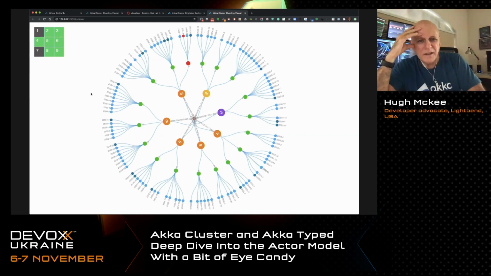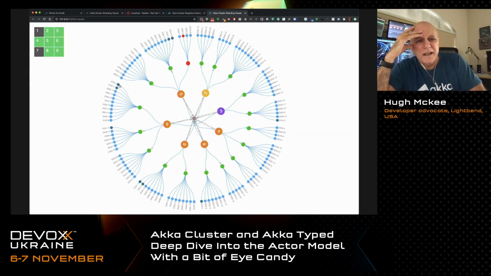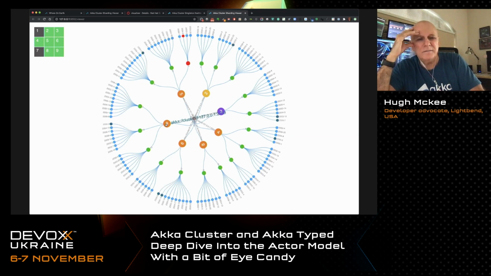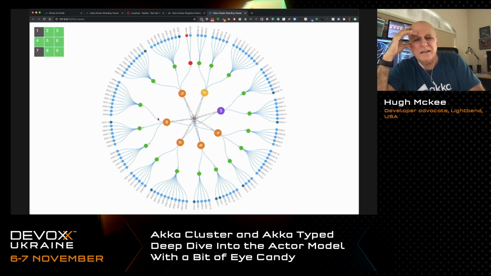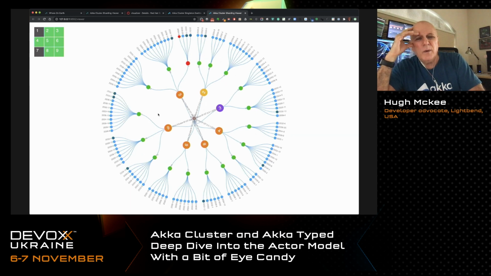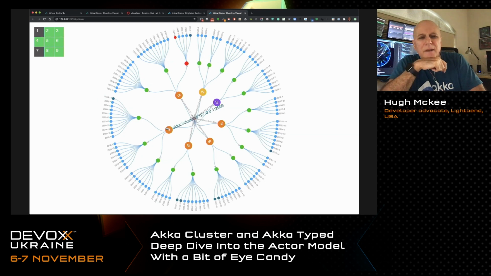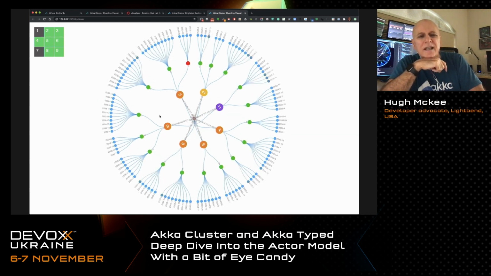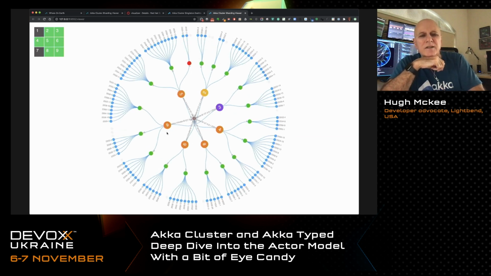But the real challenge is that, say these two actors that are dark, they just started on this other node in the cluster. So how does the fact that these two just started on node 9 get communicated to node 2? Well, what's happening on node 9 is these two actors that just started send a message to a single actor that's running on node 9, the HTTP server actor, saying, hey, I started. The HTTP server actor running on node 9 gets that message, and it broadcasts it to all the other nodes